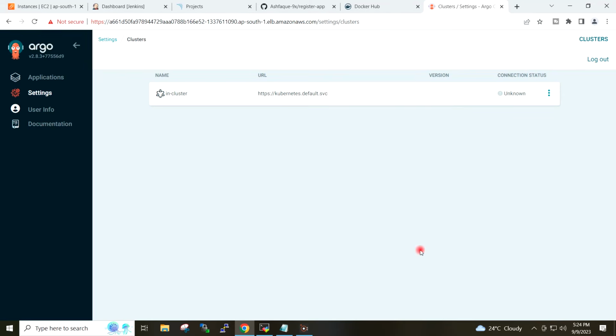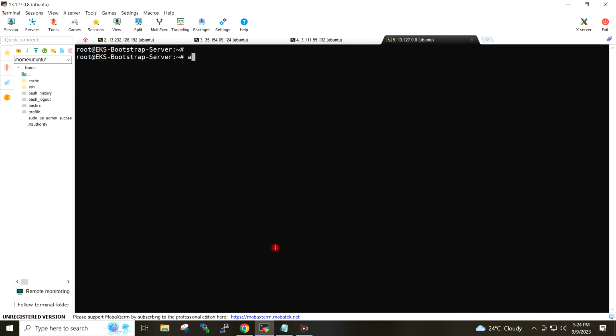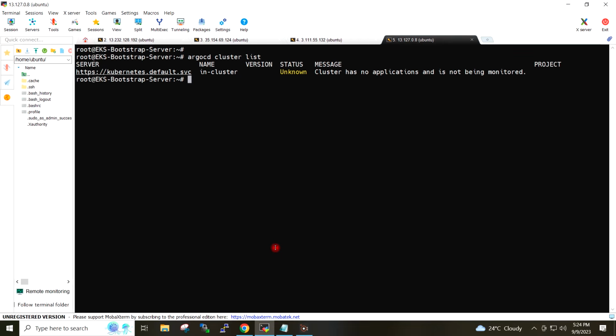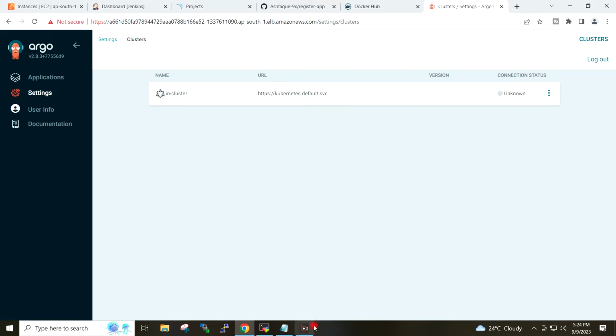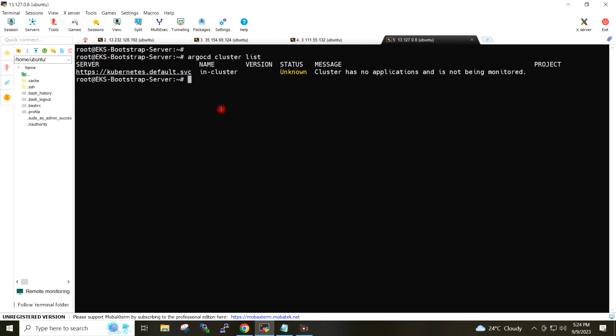And if I give the command argo cd cluster list, it is the same cluster which I have shown you on the browser. There is no other cluster added to Argo CD now. This is the default cluster of the Argo CD.